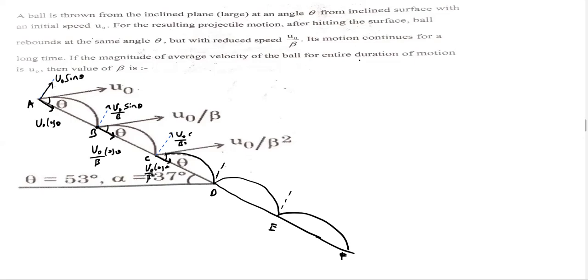This is sine theta, u0 by beta cube sine theta. Along the incline it will be u0 by beta cube cos theta. Here it will rebound with a speed